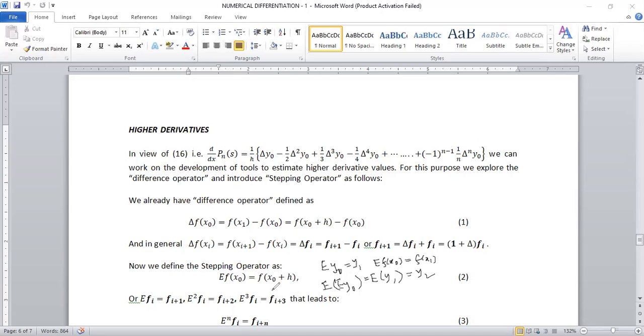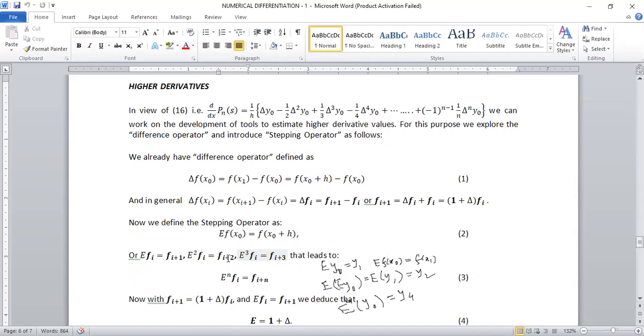So in general, if I start at y0 and apply stepping operator 4 times, so that should produce what? पहली दफा लगाऊंगा y1, दूसरी दफा y2, तीसरी दफा y3, चौथी दफा y4। चुनाचे I have a general formula available for stepping operator, और वो ये कि अगर मैं किसी ith y वैल्यू पे या fxi पे n टाइम्स stepping operator लगाऊं तो f at xi plus n यानी n step forward चला जाएगा।